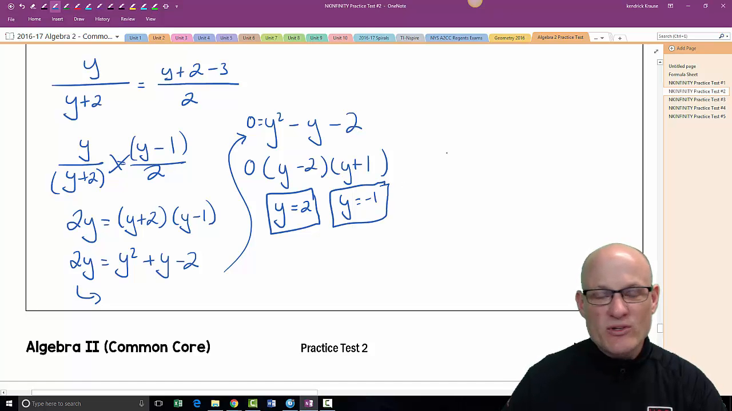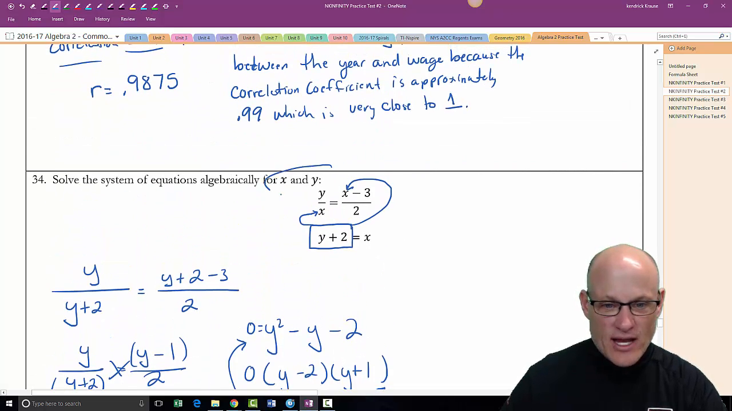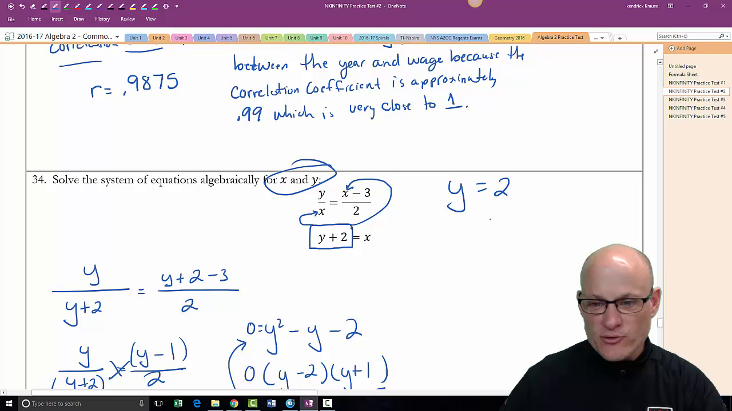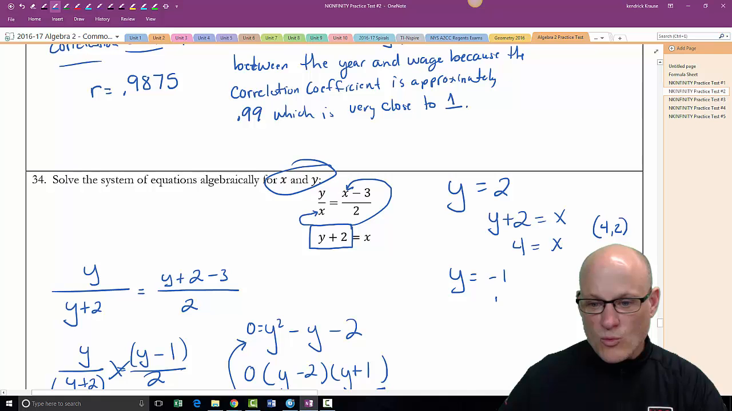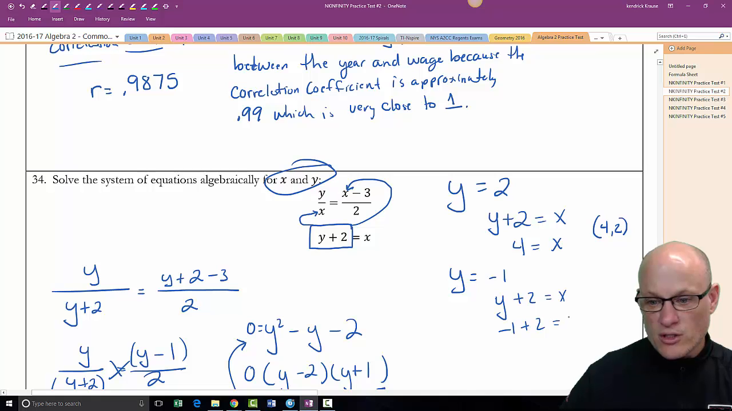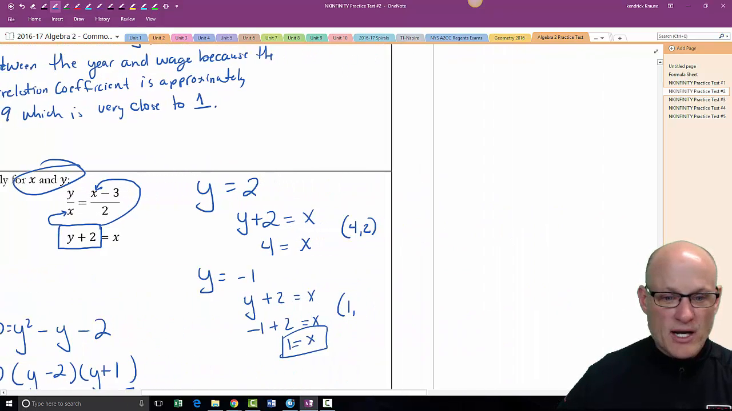Now don't stop there. We still got to find the x values because notice up here it says solve for x and y. So if y was equal to 2, if I use this equation, y plus 2 equals x, x is equal to 4. So my first point is 4, comma 2. Be careful, it's xy. And if y is equal to negative 1, then y plus 2 equals x is really negative 1 plus 2 equals x, or x equals positive 1. So this one would be 1, comma,